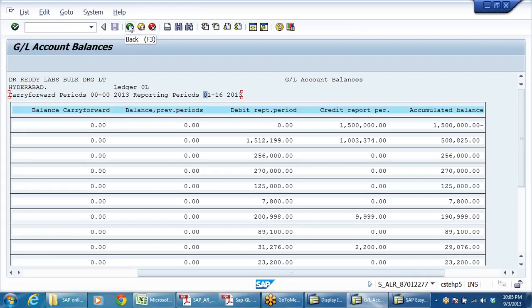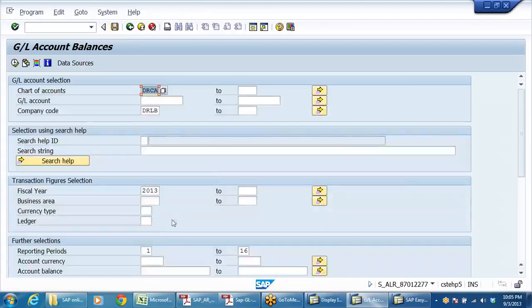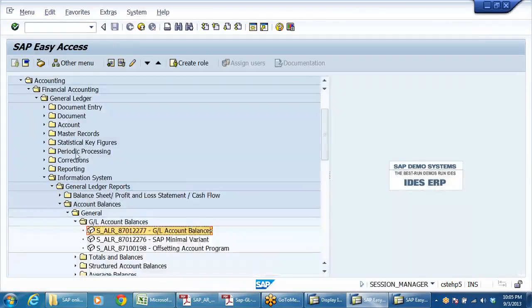Posting date is going to be, see, if the posting date is taken, then up to 31st March only it will take. Posting date, document date, both the dates are there. See here, we cannot give a criteria for document date. Here we can give. See here, if you want, you can take only up to here. See, even in a GL account also, you can see all 16 periods. You remember?